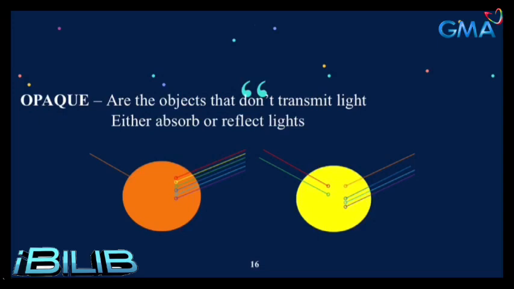Opaque are the objects that don't transmit any light, just like a cat. That means all the wavelengths of the light are either absorbed or reflected. And if reflected, it will determine the object's color. But in some cases, there might be an object that reflects a range of wavelengths that together combine to give